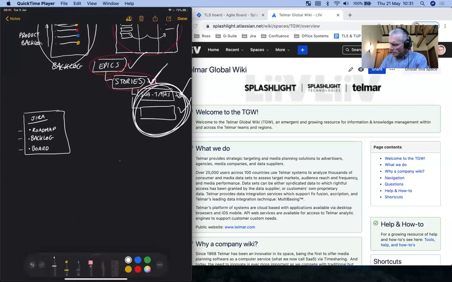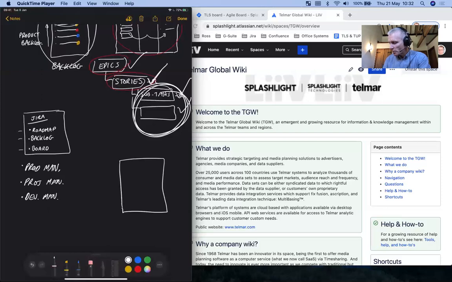Let's just link in Confluence to this. So where does Confluence feature in all this? Jira is about product management. It's also about project management. It's about development management. It's true that stories and subtasks will contain notes, information, and comments, but they're not persistent documentation. So Jira is about the work that's in progress, but it's transient. Once the work is done, it's gone.